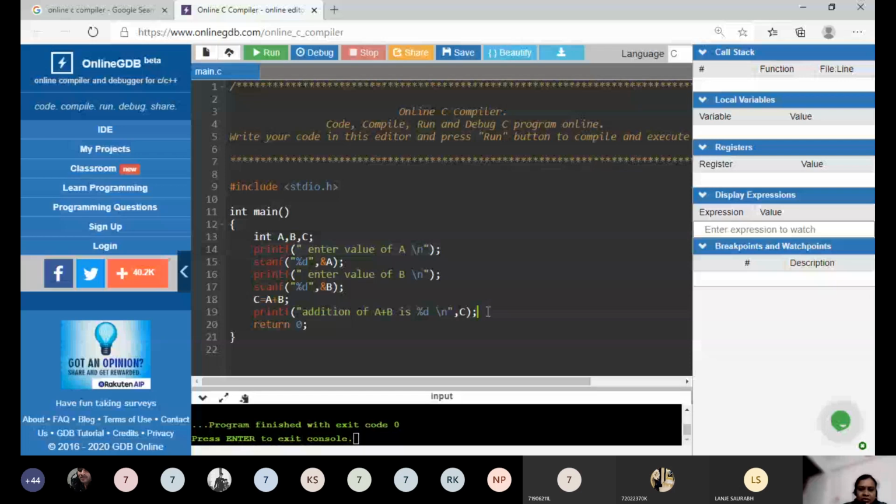Okay. C equal to A minus B. We'll print that.